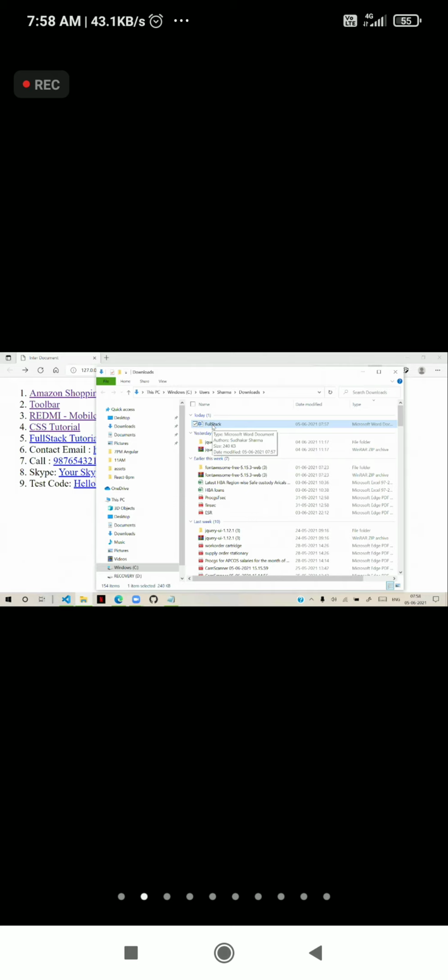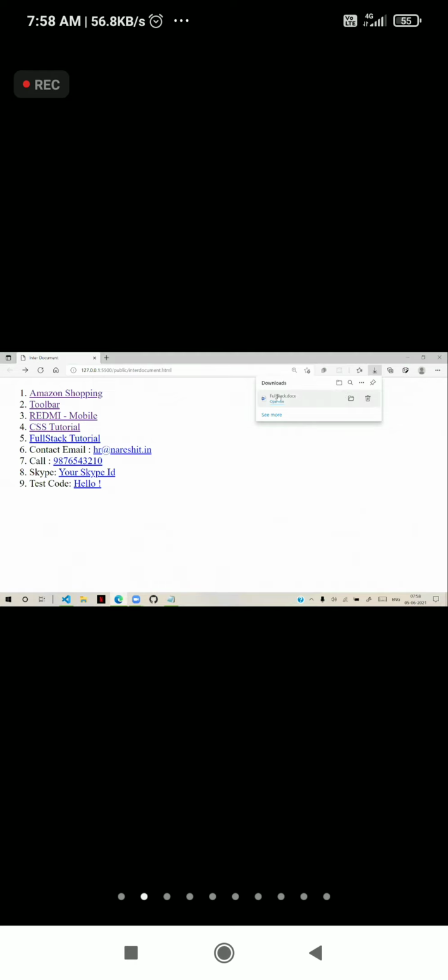So that means any file for which the plugin is not there will be downloaded. So whether the file will open or download depends on the file type and your browser plugins.